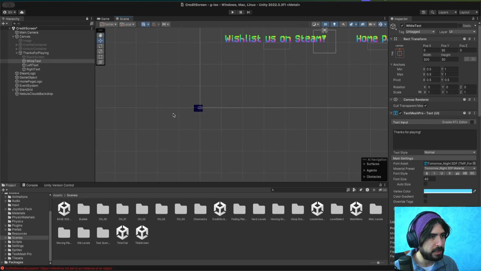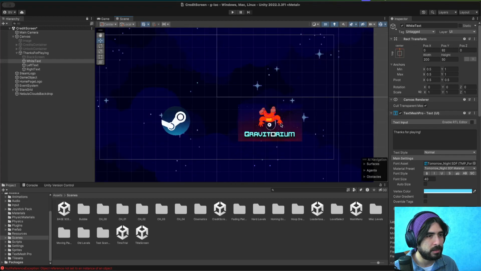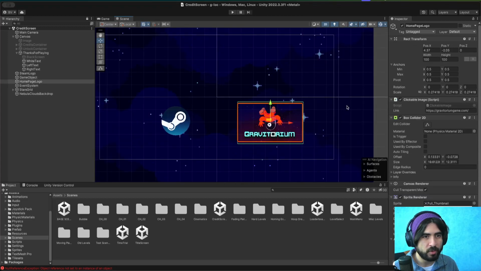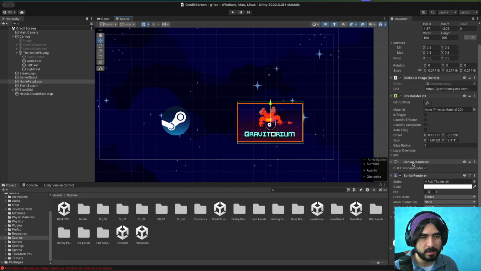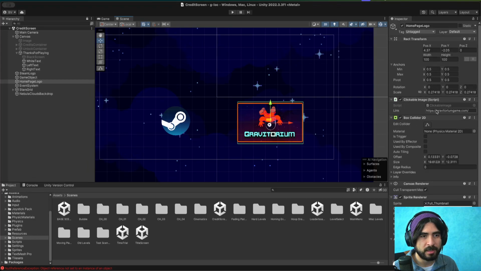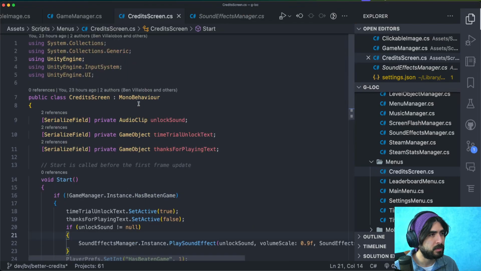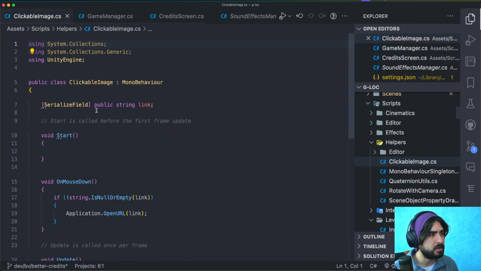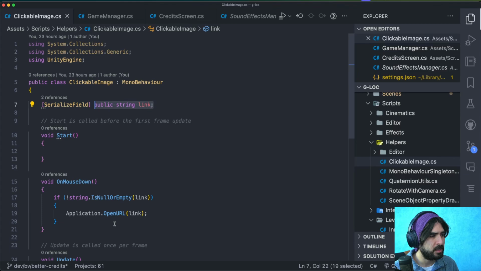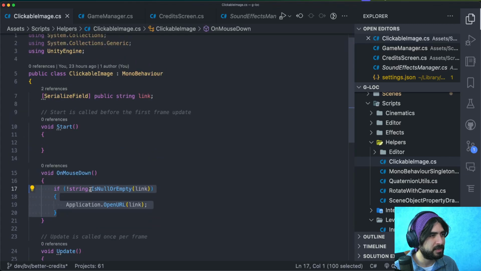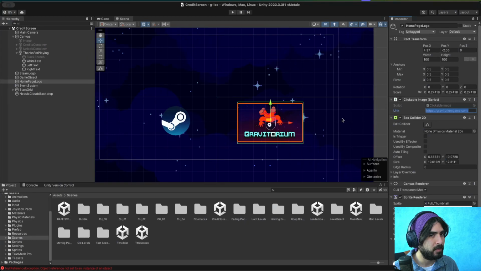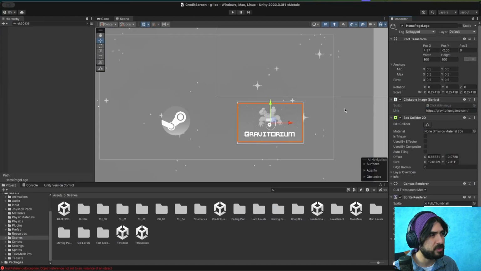We are gonna make sure that the links are okay. So Gravitorium, the homepage logo, has a clickable image. That link goes to gravitoriumgame.com. So what's going on here? Where's my clickable image? It's a class. It's got a link. On mouse down, it opens that link. What else is a clickable image? Can I find references? Okay, nothing references it, I guess, but